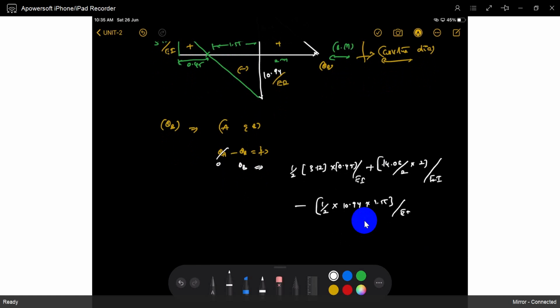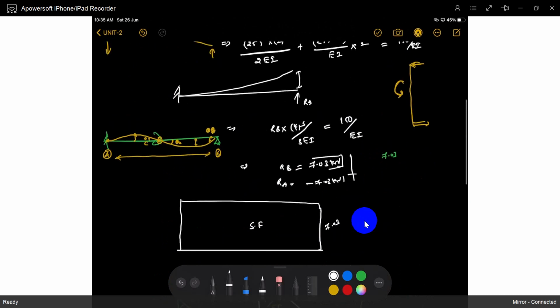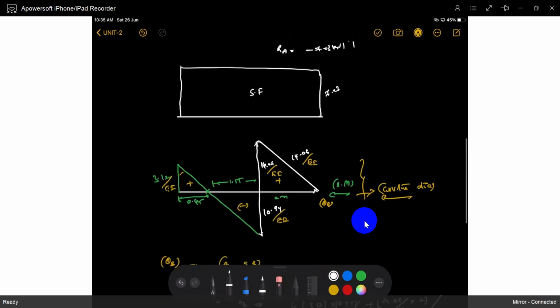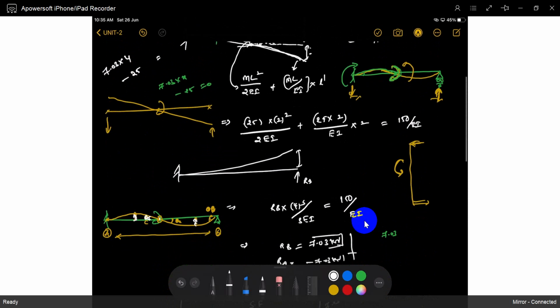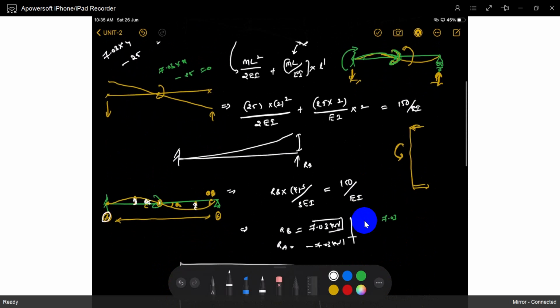That's it. There is no deflection point. Some deflection points are there, but those are not important points. That's why I am asking what is theta B, and also theta C. If I ask for theta C, you calculate the area between these two locations. I choose A as the reference point. If A is the reference point, then theta A minus theta C will give theta C, because theta A is 0.